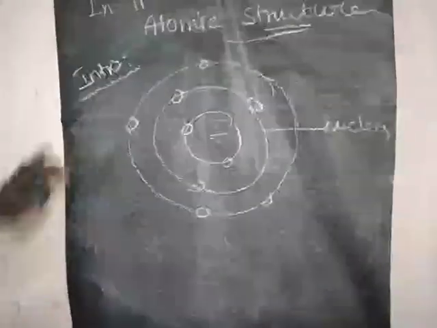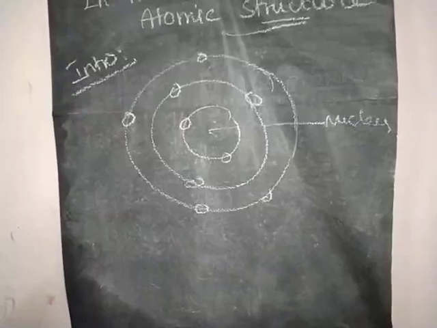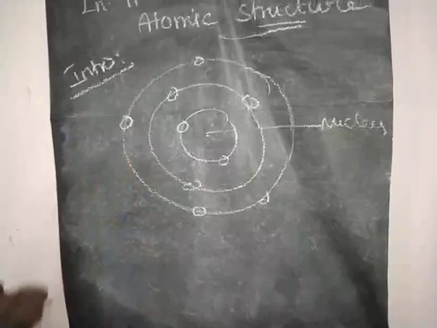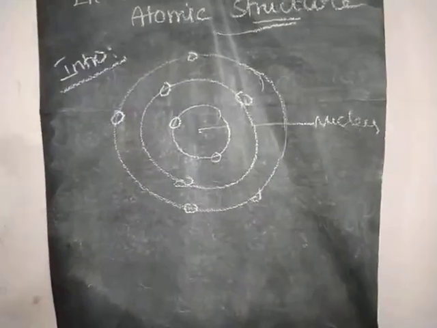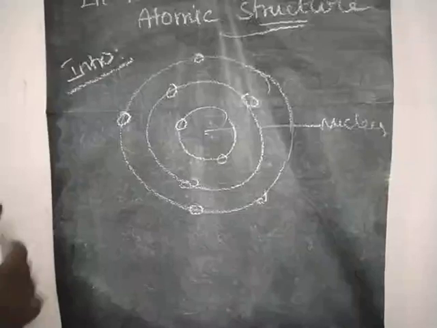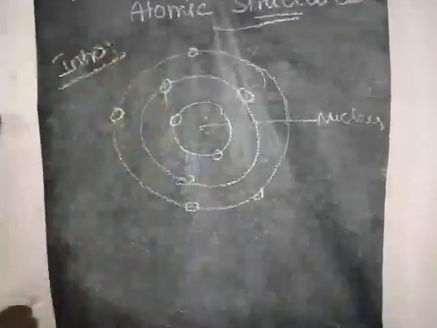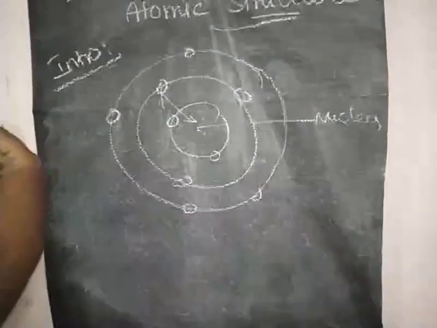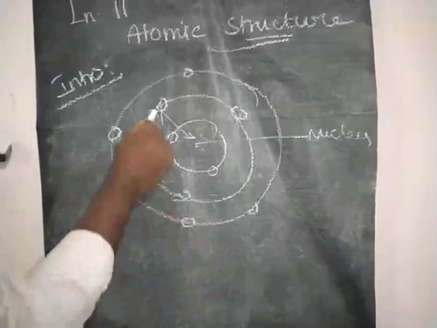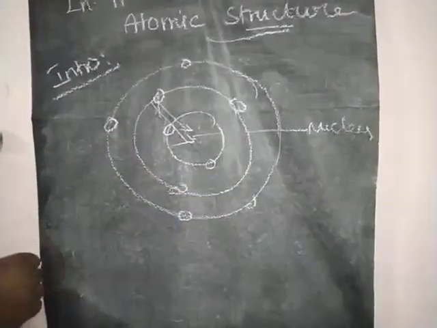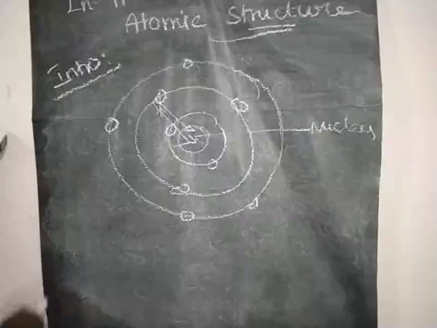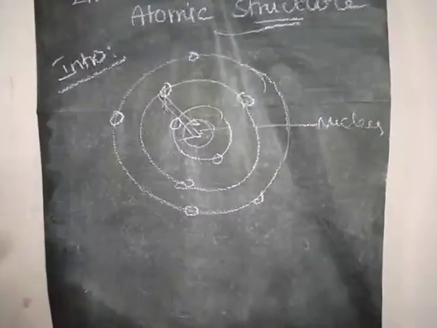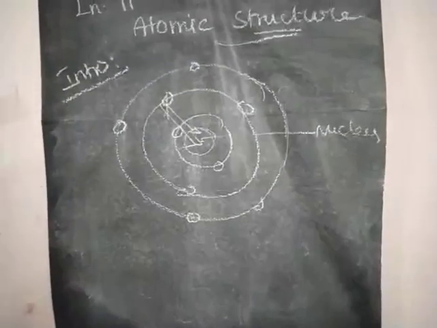According to the electromagnetic theory, a moving electron should accelerate and absorb or lose energy. Suppose the electron loses energy, it will come nearer to the nucleus, and at a certain period of time it will fall onto the nucleus. Then we cannot study the stability of the nucleus, but the atom is a stable one.